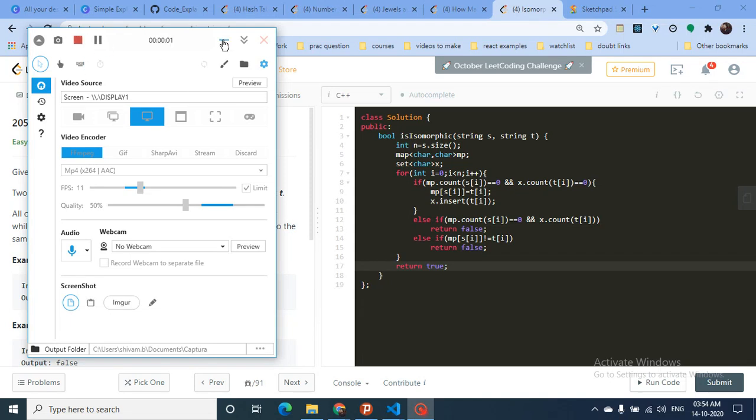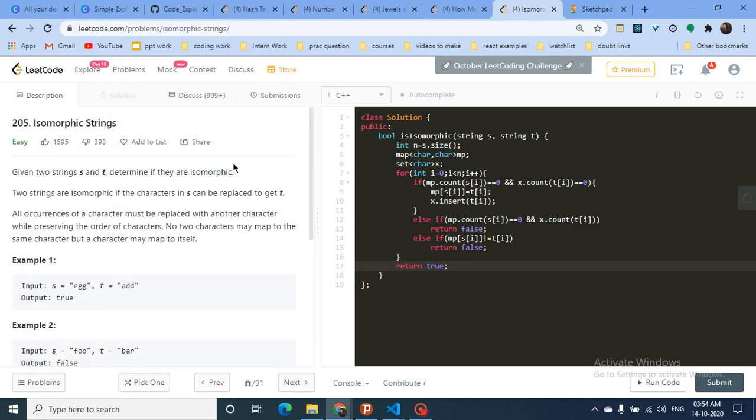Hello friends, so today we're going to discuss the fourth problem from the latest hash table series I'm working on, and it is also an easy problem, and that's the last easy problem I'm going to do on hash maps, and then we're going to discuss some medium and hard problems. But it's a good easy problem. So I'll tell you the question statement.